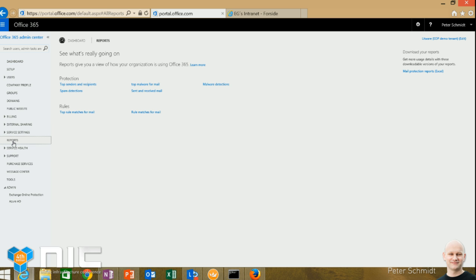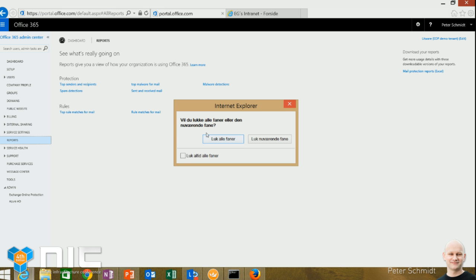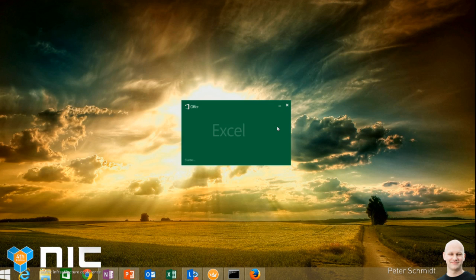You'll find that in the report tab over here, and as you can see, you have different options to detect top senders, malware, how the malware detection is, and so on. All that information is also accumulated in the export we do in the Excel sheet, and the Excel sheet is way better at presenting this, and also you then get the information so you can actually work with it afterwards if you have those requirements. So I'll focus on the Excel sheet.